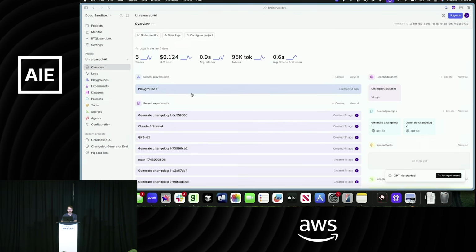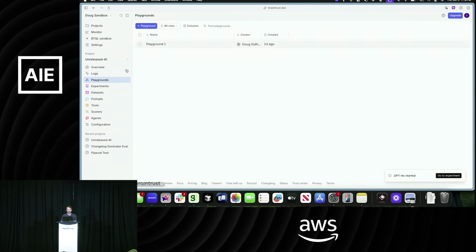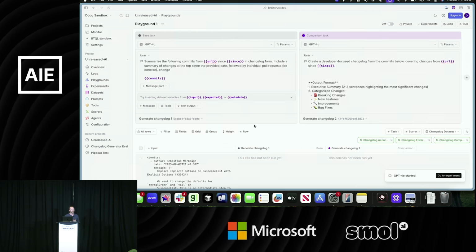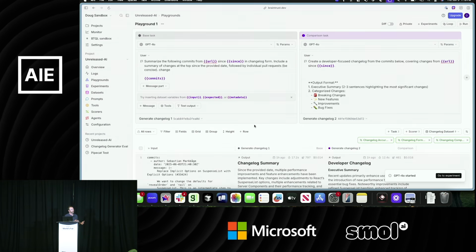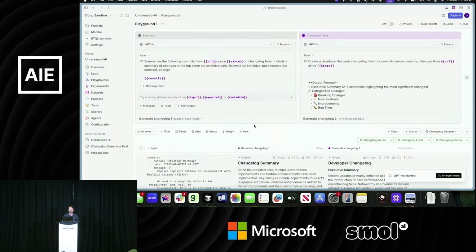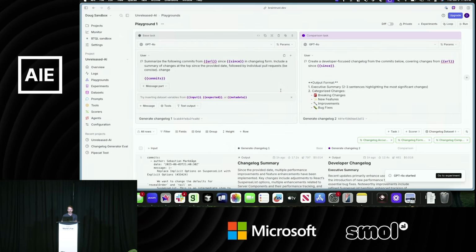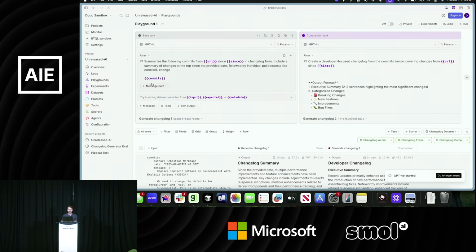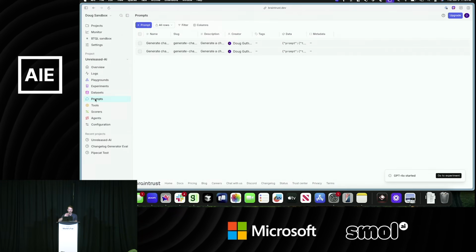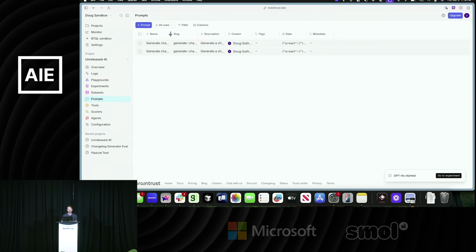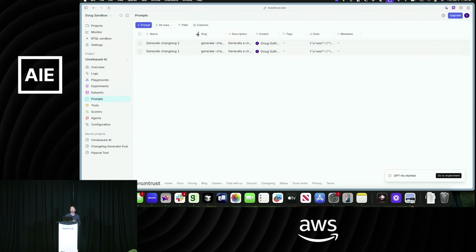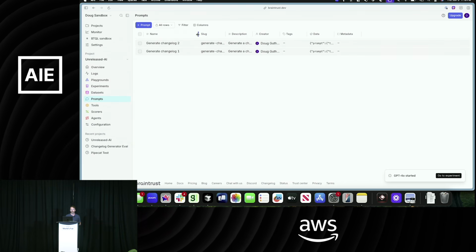So what I can do, I'll go into my playground, right? This is the place where I can start to run those experiments, or I can start to iterate on that prompt that I have. From my project, I've actually loaded in two different prompts. So maybe before going into the playground, I've actually created these 2 prompts within my code base, and I pushed them into the Braintrust platform.